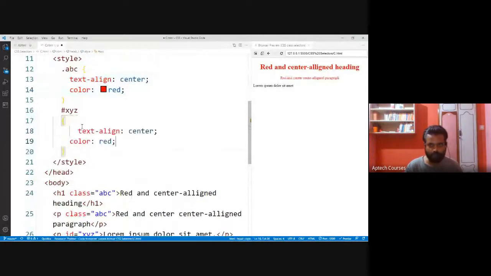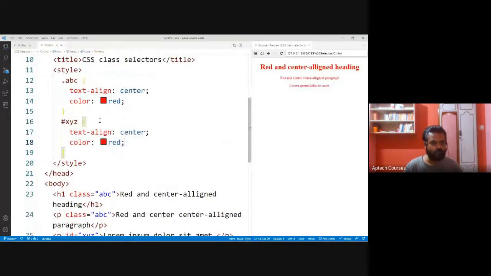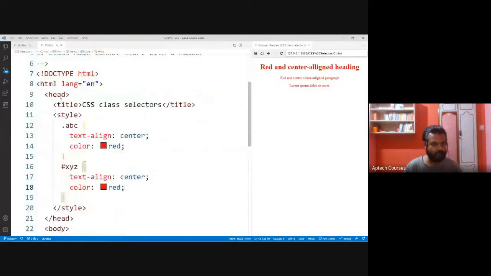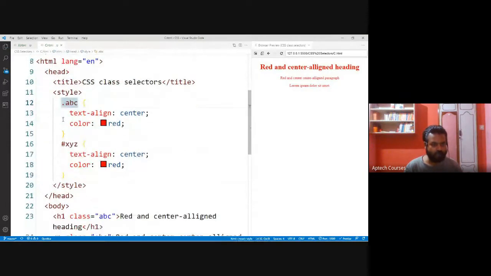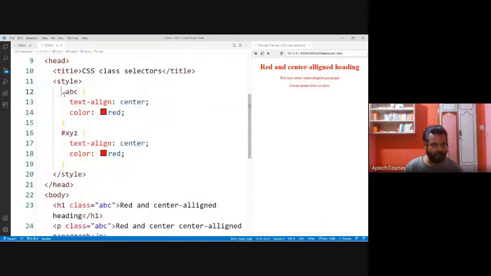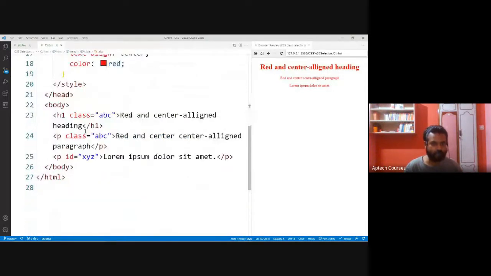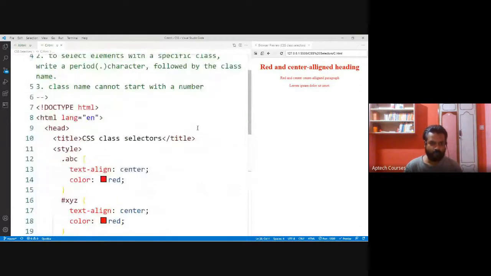Save it. Now we are getting that style. Class name cannot be starting with a number. Class name should not start with a number. We represent it as a dot, then we need to write the name of the class. Dot, then class name. This is the class selector.